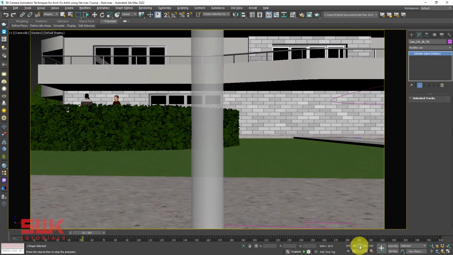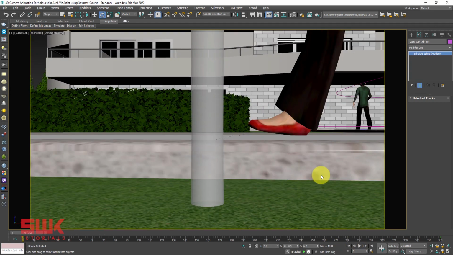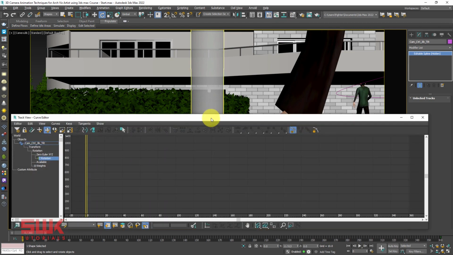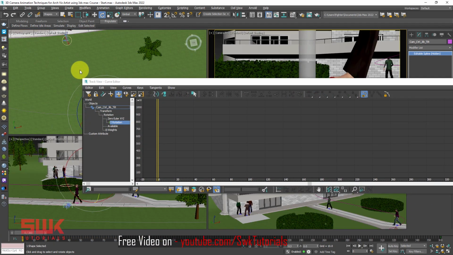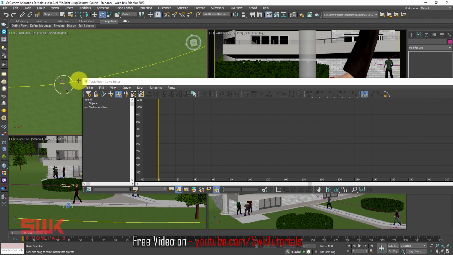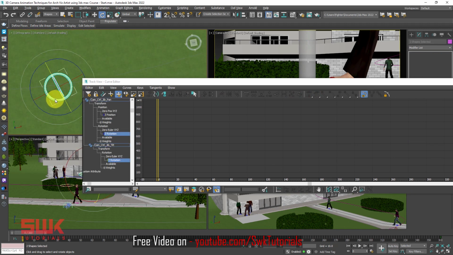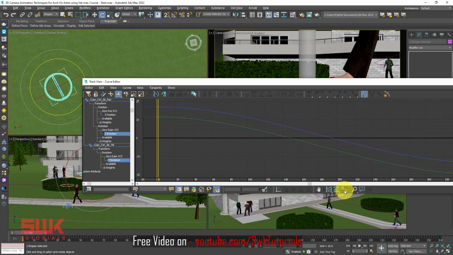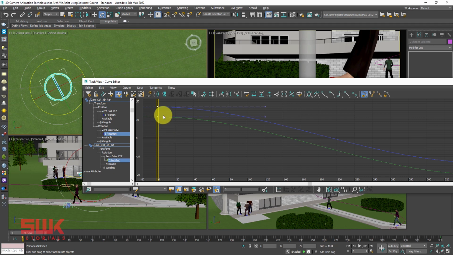Now if I want to slow the speed, I want slow speed at the start. So for that I will go to the curve editor. Again I will select both of these controllers. Click on frame horizontal, extend values, and I will select these keys.